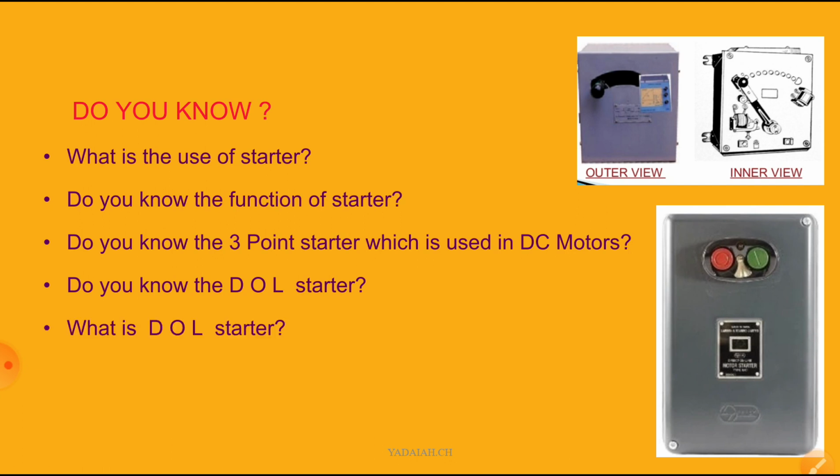So here the DOL starter can be used for motors with a rating of less than 5 HP. AC motors can withstand high starting currents due to the robust construction. As we know, the induction motor itself is robust in construction, constant speed. So, below 5 HP motors we can operate directly. Even though it will draw more current, whatever heat is produced inside is unable to damage our induction motor.